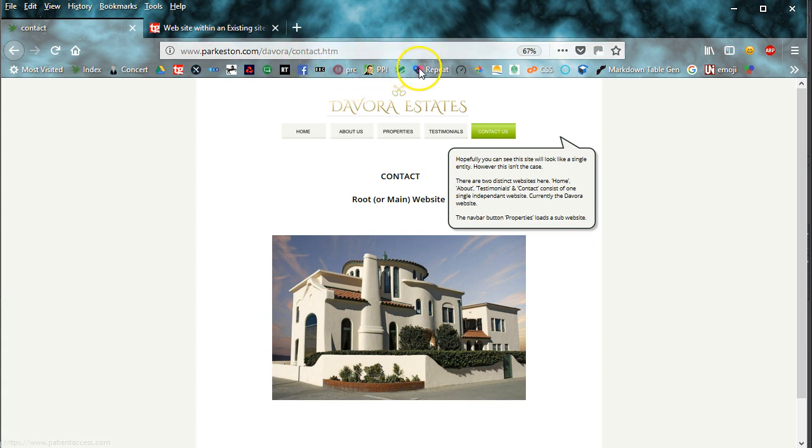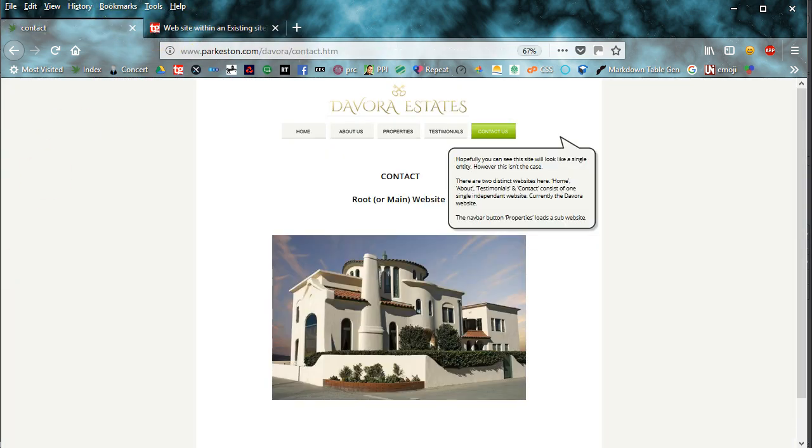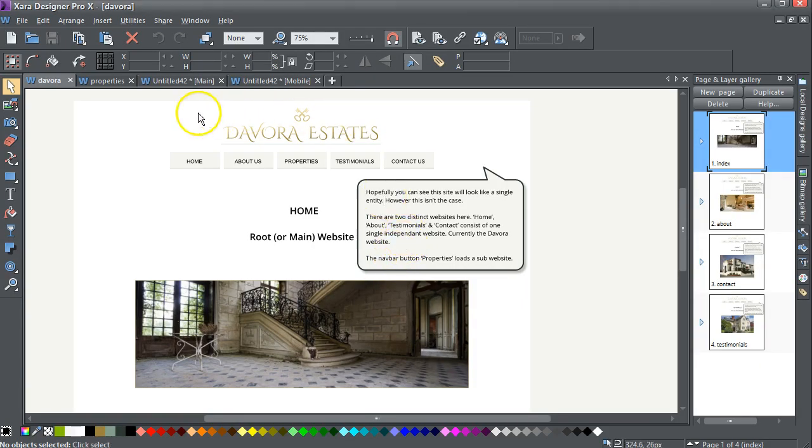Devora contact HTML. Okay, so let's have a look at this main website, because this is the main website, your root website. Here's what we want. Yep, so here we are in this Devora, the main website, and it has one page, the index or home page, one page, the about page, one page, the contact page, and one page, the testimonial page. Here it has a navbar,